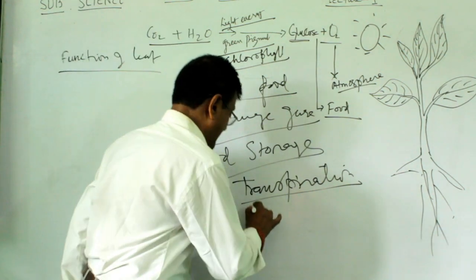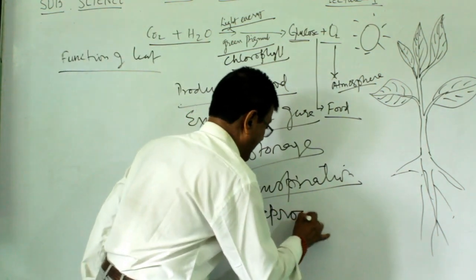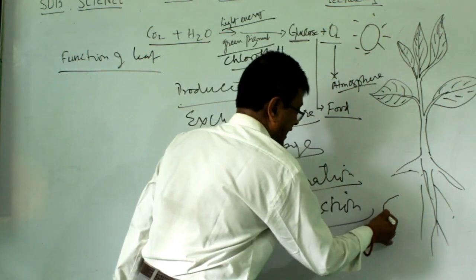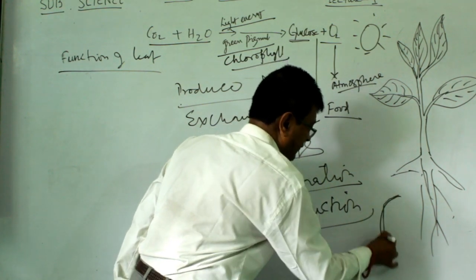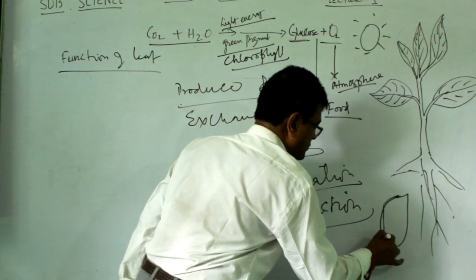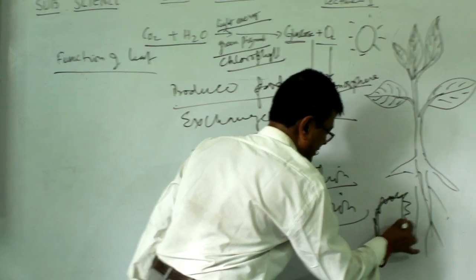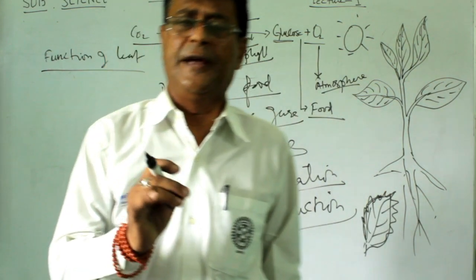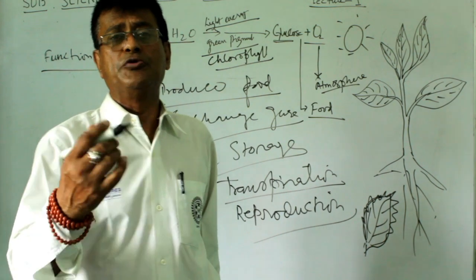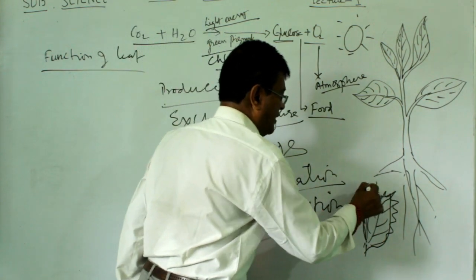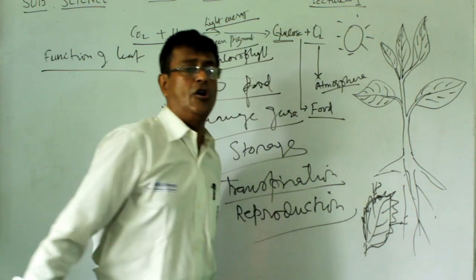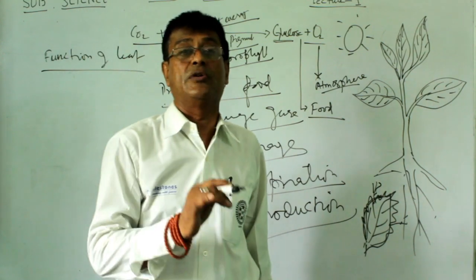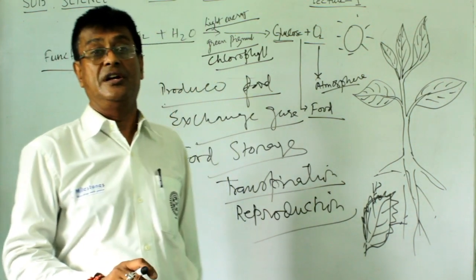And except for that, there is reproduction, which is also done by leaves. Now, in your surroundings, you might have seen this type of leaf, which is known as bryophyllum leaf. Not in all, but this bryophyllum leaf gives out the new generation. That means the plants grow from the leaf. They come out from the joint. So this is called reproduction. And as they are from the parts of the plant, they are known as vegetative reproduction.